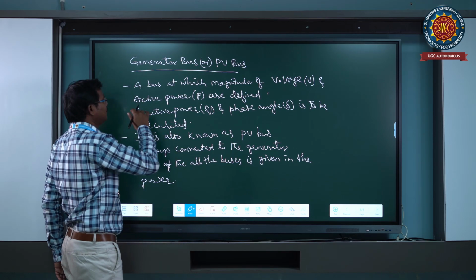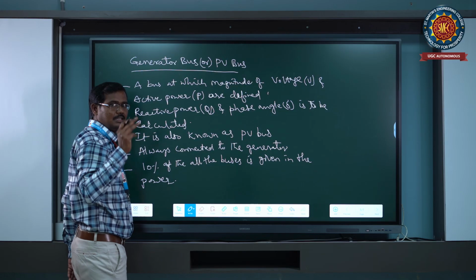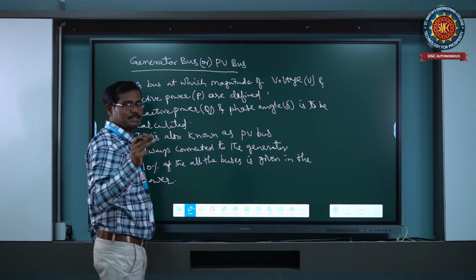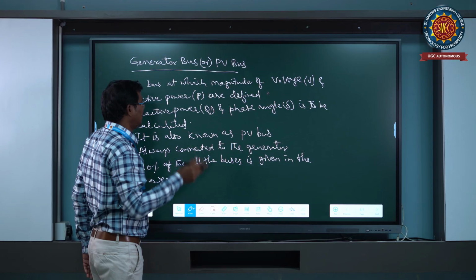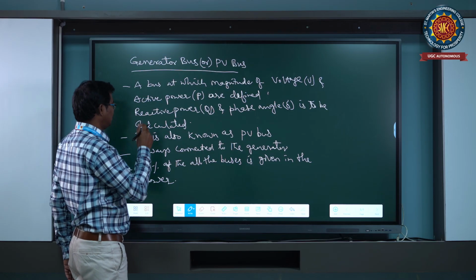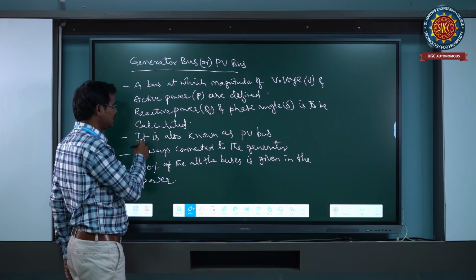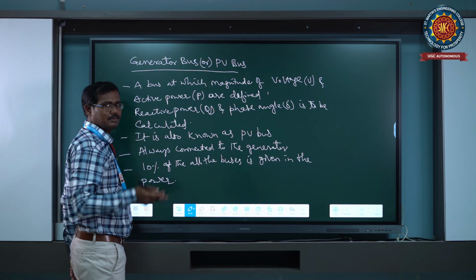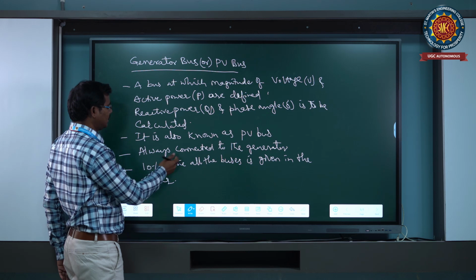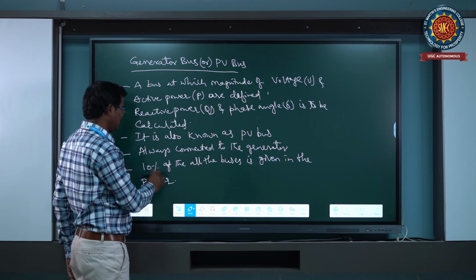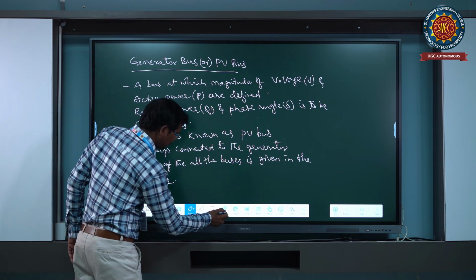Okay, this is the generator bus. In this generator bus, two quantities are specified, and the other two quantities are calculated. This bus is also called the PV bus. Always this bus is connected to the generator, and it is 10% of all the buses in the given power system. And coming to the third one,